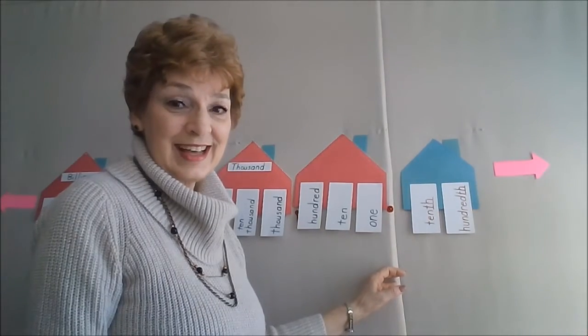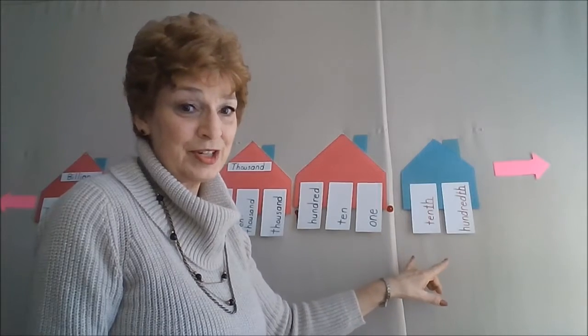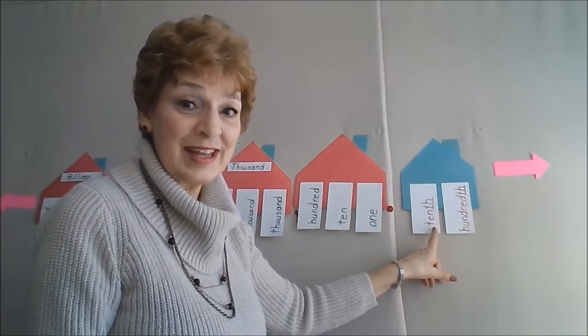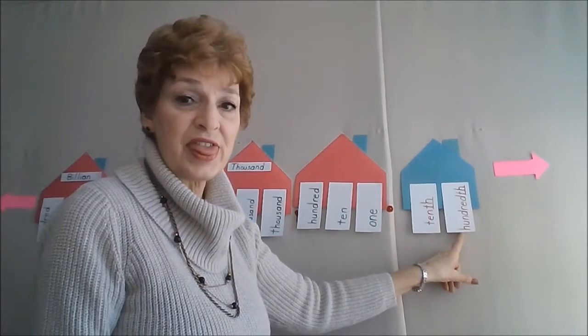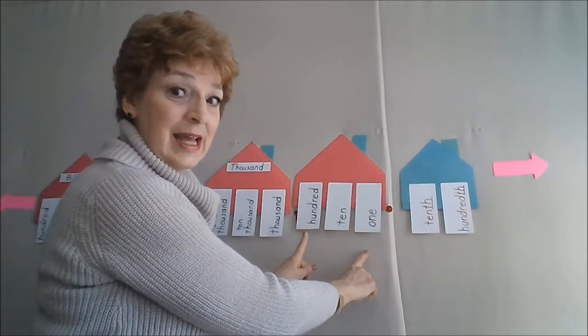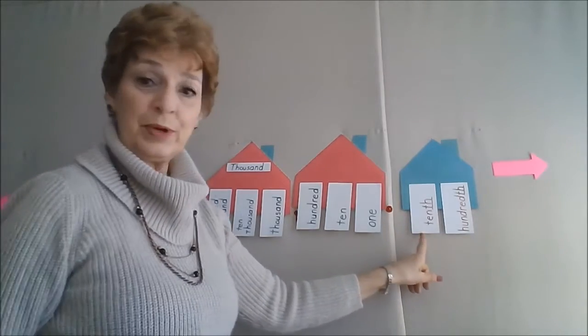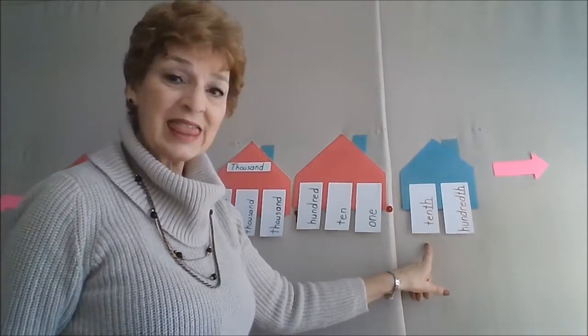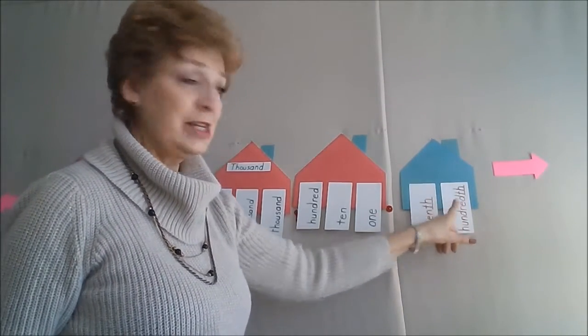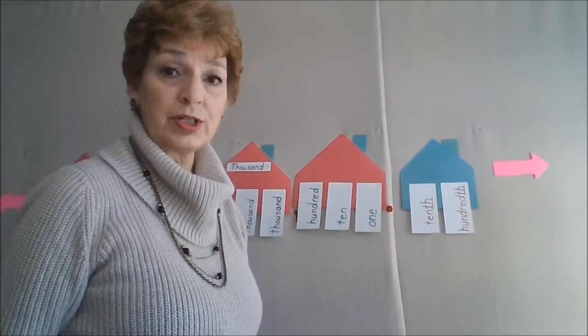The fractional side has only 2 rooms in the first house. The tenths, can you hear the TH on the end of that? And the hundredths. So we've repeated these 2 rooms, tens and hundreds, but we've put THs on the end of it, tenths and hundredths. In fact, when you hear those THs on the ends of those words, you know you're